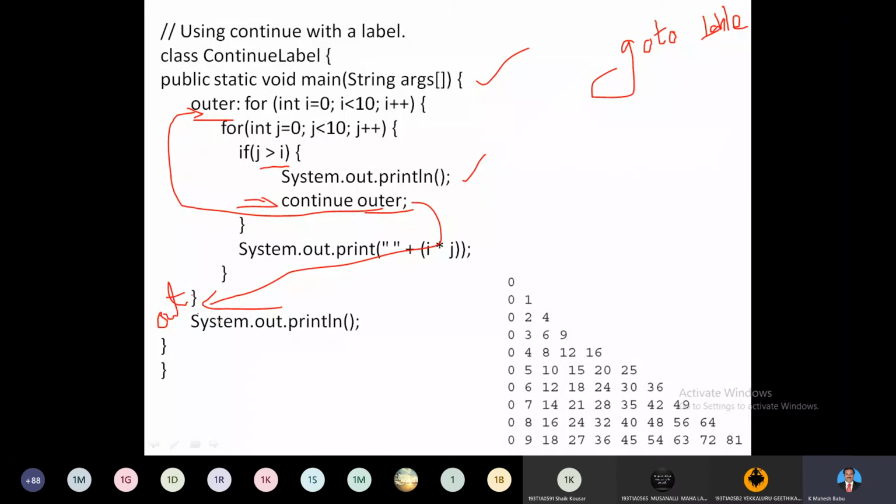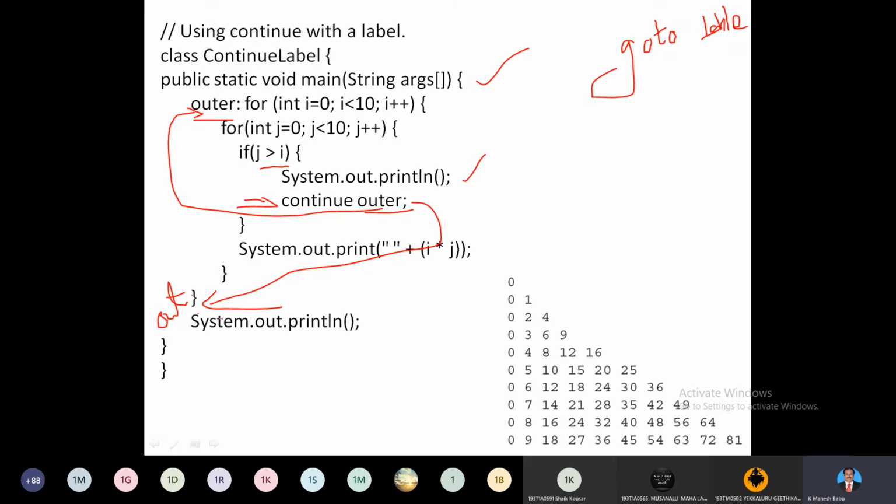Wherever you represent, it moves directly. The only advantage of this go to statement is if you are iterating in a multi-level hierarchy of nested loops and you want to come out of all the loops at a time. In the previous case, say for example, hours for 12, minutes for 60, seconds for 60, and milliseconds for, say, 100 or 1000.